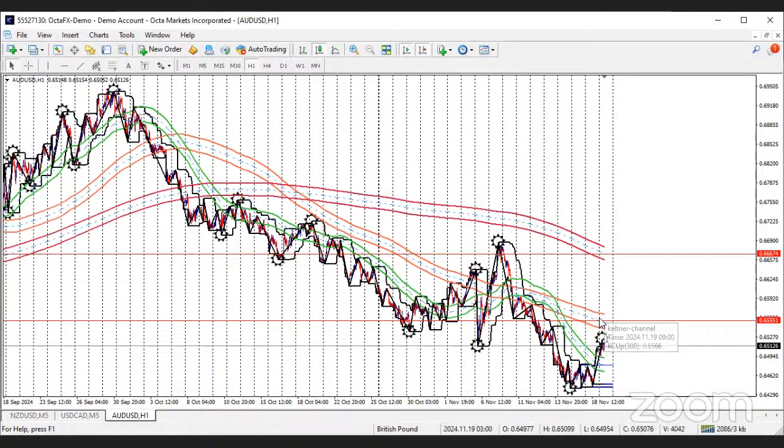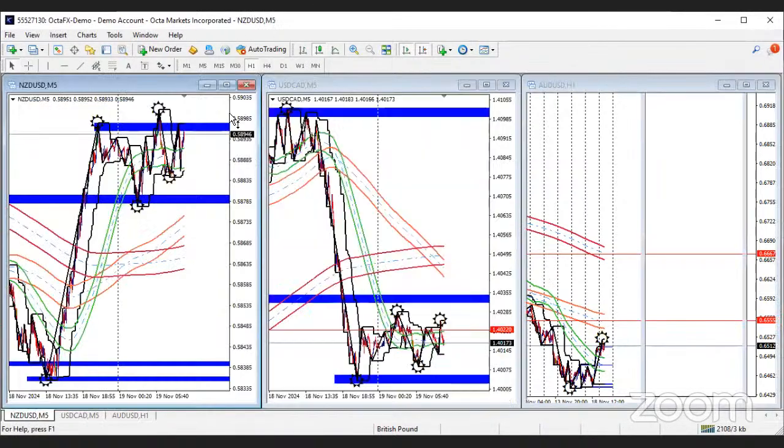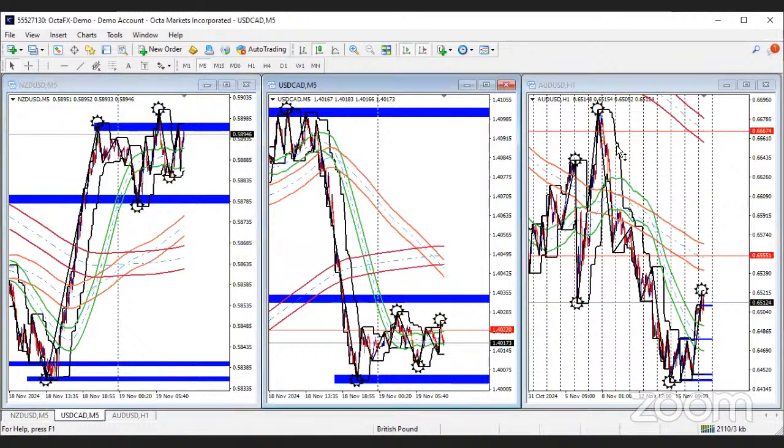Either price finds resistance and gives me an entry to continue the overall sell move of AUD, or it breaks above and I look for an entry to catch a quick reversal on this particular asset class. So these are my biases on NZD, USD CAD, and AUD USD. You could even go further to look at